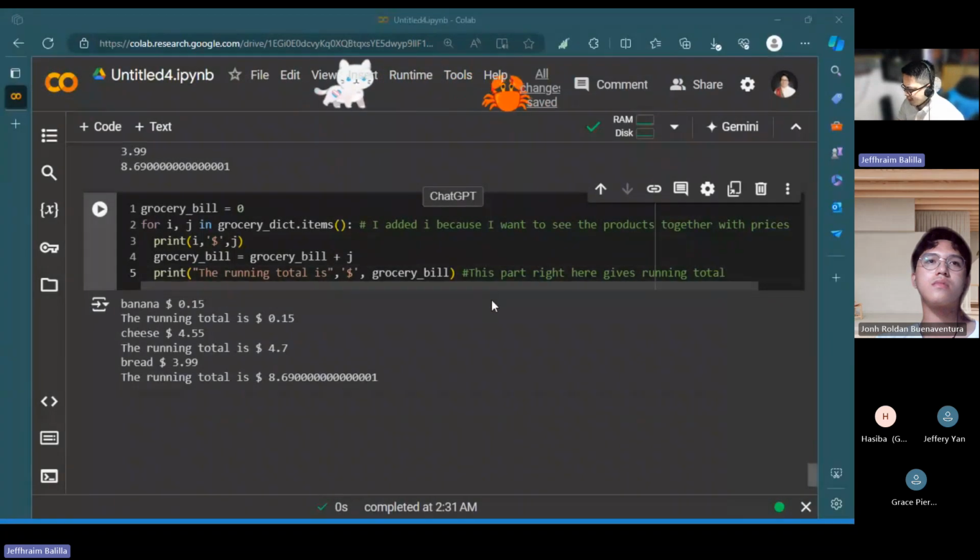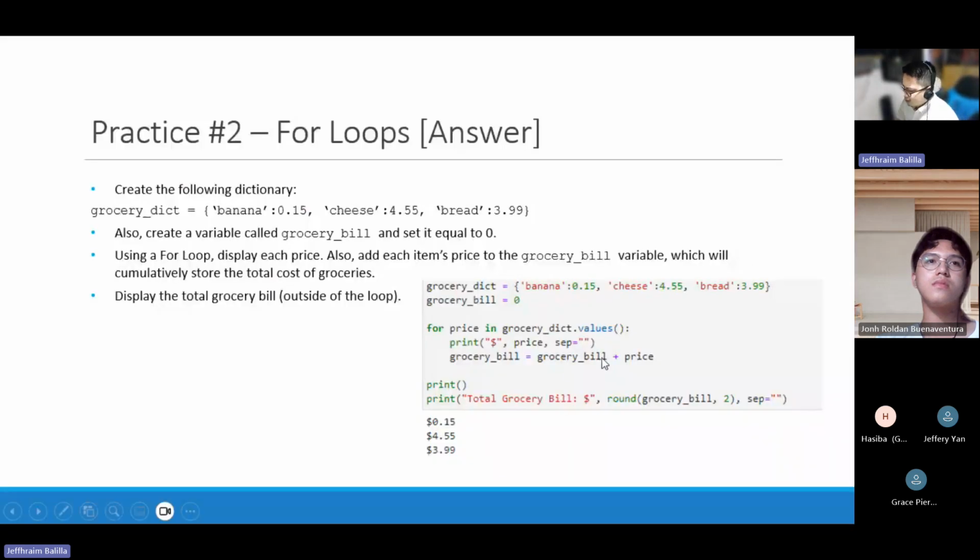So going back here, this actually won't give us a running total. Why? Notice that we are not really printing grocery bill in any part here, aside from the final line, which I failed to include at the bottom. I think it was cropped or something.